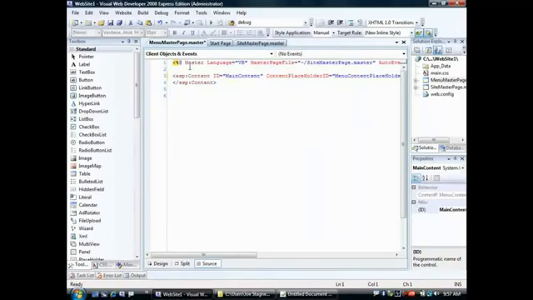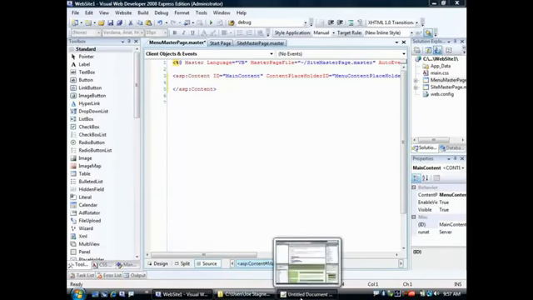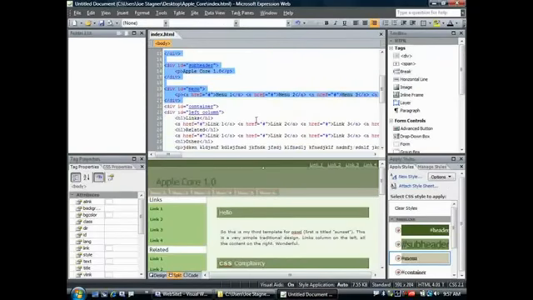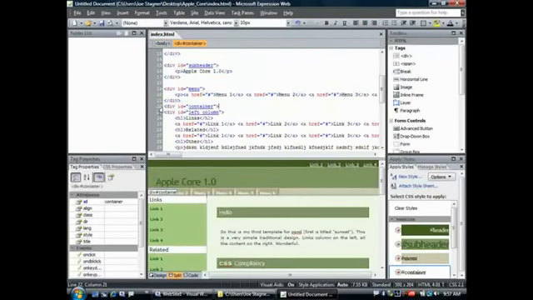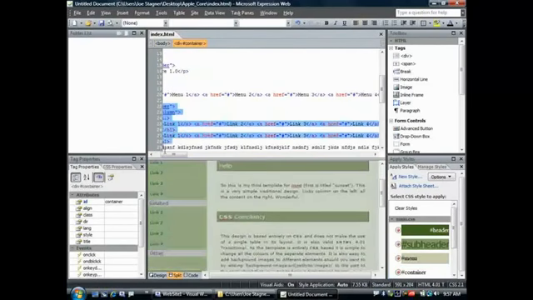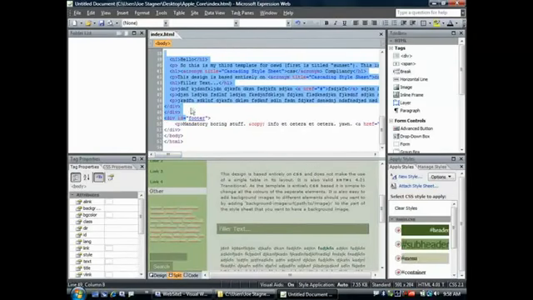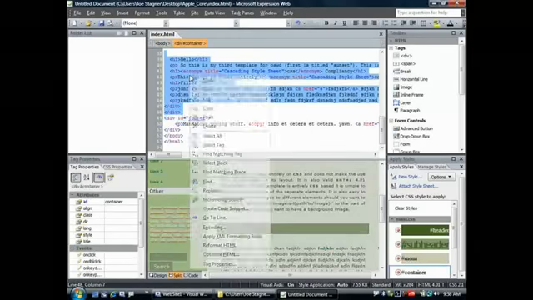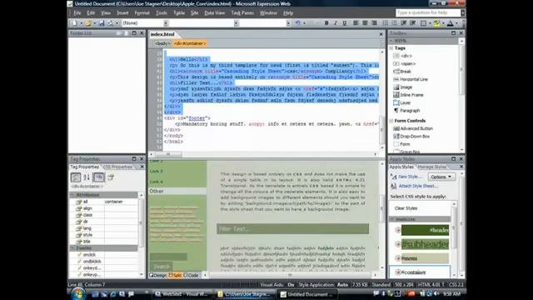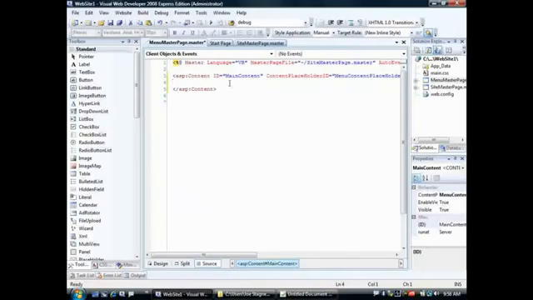And now we can add the rest of the content for this master page. So to do that, I'm going to hop back into Expression Web, and I'm going to grab all of the page content. We're not actually going to use it all, but I'm going to start by grabbing all of the page content, excluding the footer, and I'm going to grab that, and I'm going to switch back to Visual Web Developer,